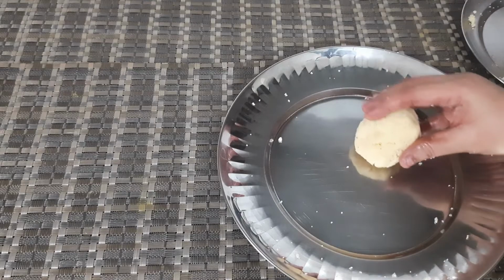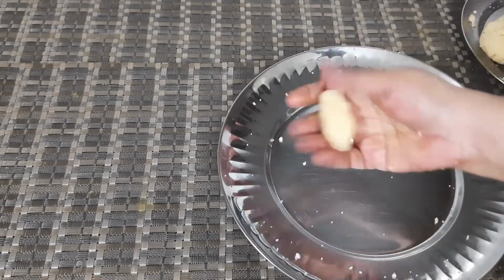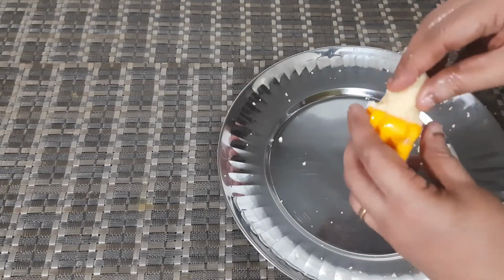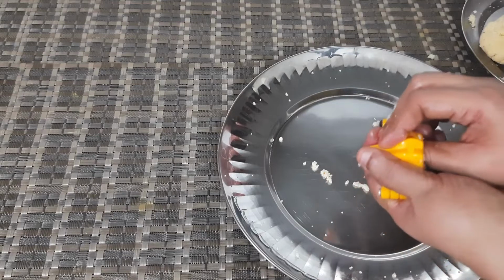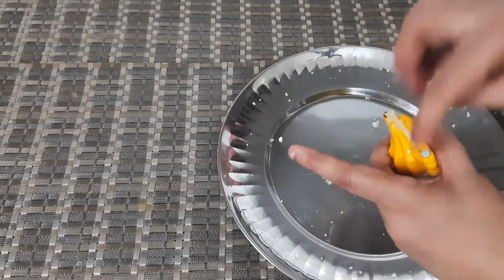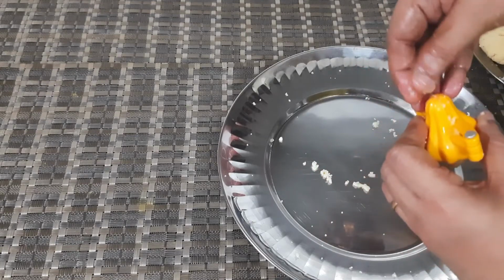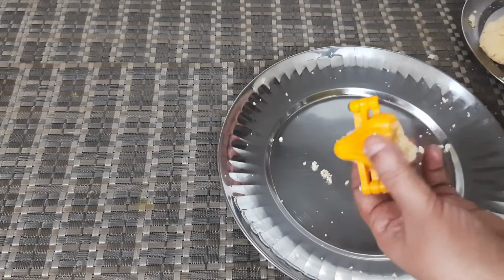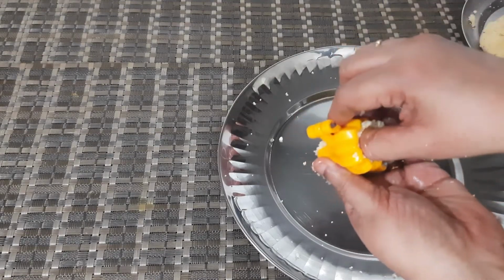So now take a portion of this dough and fill it inside. Press it with your thumb. Press it hard so that the dough comes out a little from this side. Then it says that the dough has reached to the corner. Now press it on all the sides like this. Well,